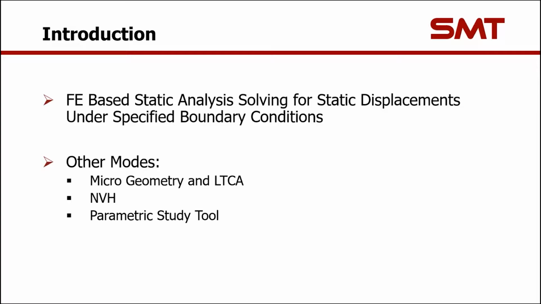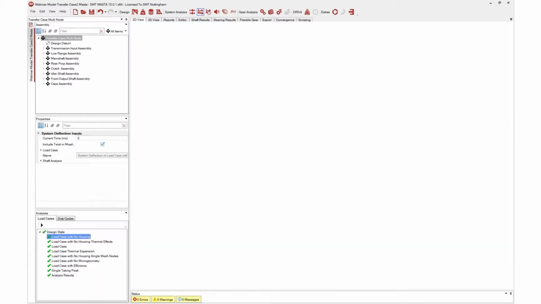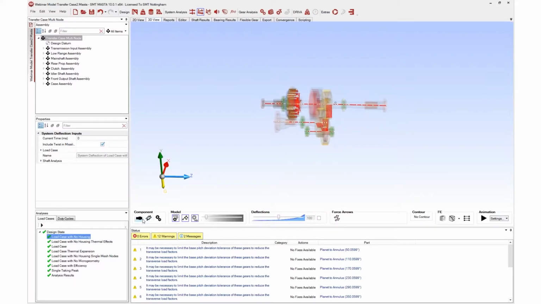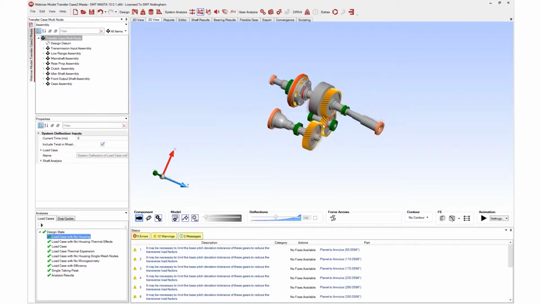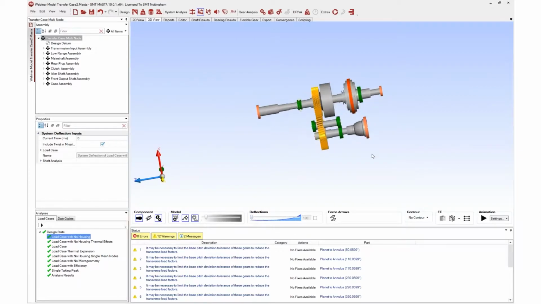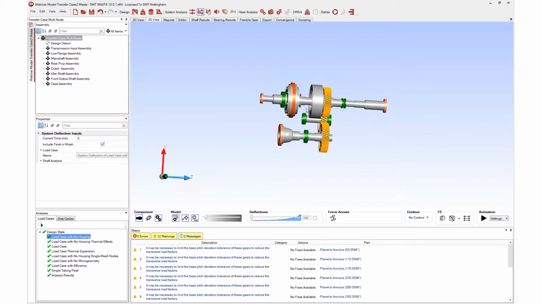So what we'll do now is we'll have a look at MASTA, and we'll get into system deflection mode, and we'll have a brief look at how this works. So what we have here is our example transfer case model. You can see here that we have a basic transfer case model, and we have all our components, shaft profiles, everything defined here